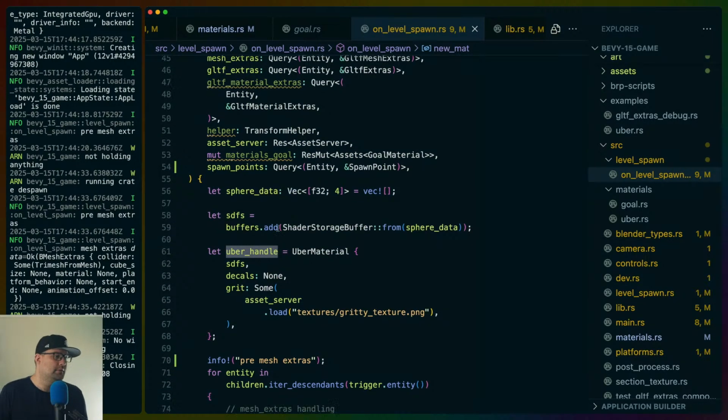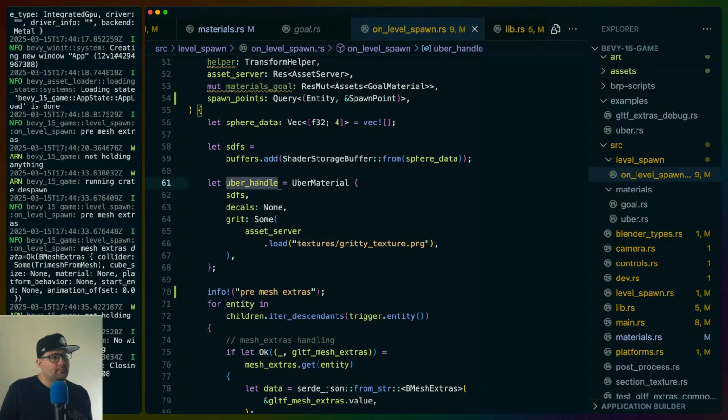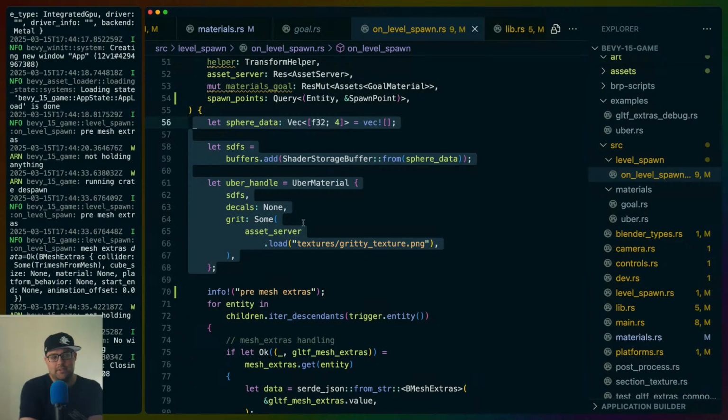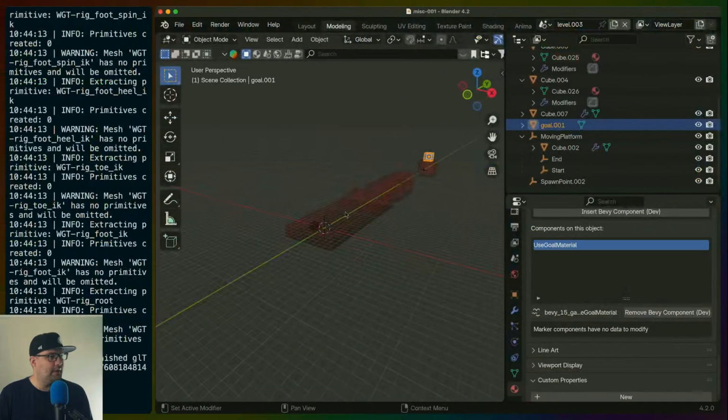So we could easily instantiate this earlier, the same way we did the other one, and then apply the material to everything inside of Blender. We aren't currently spawning anything via Bevy, so I think that's okay. We would have to go through everything and apply the material, but I do think that makes sense,